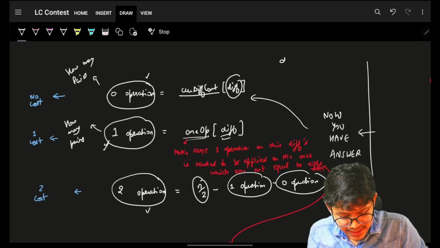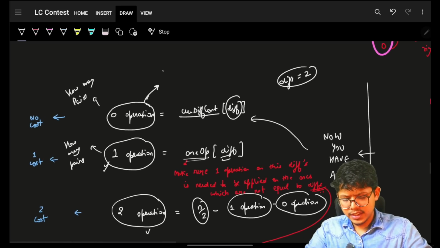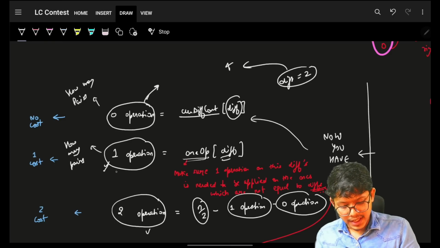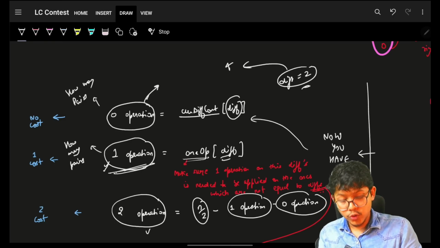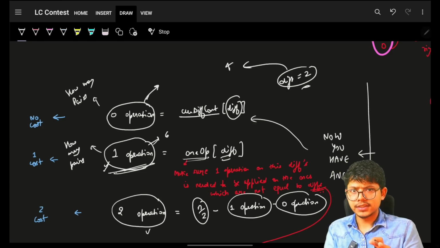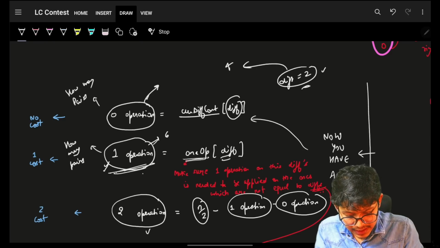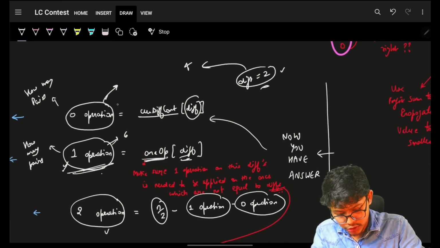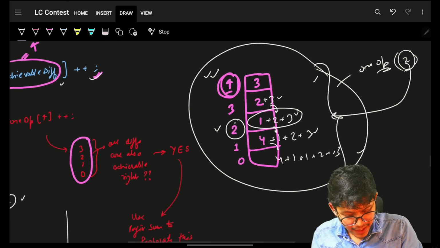You will see for a specific diff, let's say 2. Let's say 0 operation required, or basically the existing diff of 2 is occurring, let's say 4 times. And you are saying for a diff of 2, on doing 1 operation, you will be able to achieve 6 such pairs, which will give you a diff of 2 on 1 operation. Indirectly, in this 1 operation, you also have this current diff covered already, which means that if I ask for 2 operation,